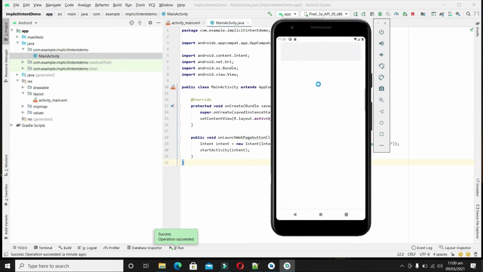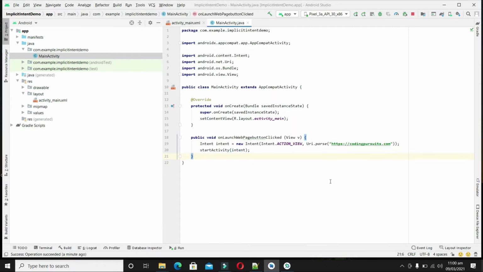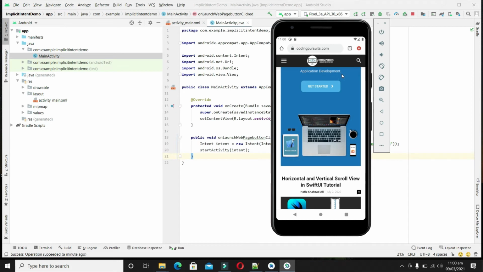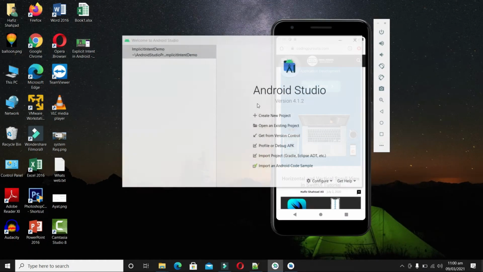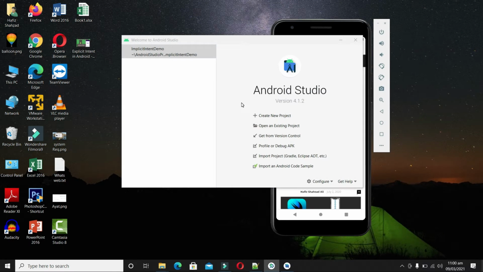And from here you can see that we have sent an intent to this page, and this intent is opened in the Chrome browser, which was registered for the action view to view this web page. So guys, we have tested our first application which is sending the action view intent. Now let's close it and develop another application which will also be able to receive this intent and view that web page.